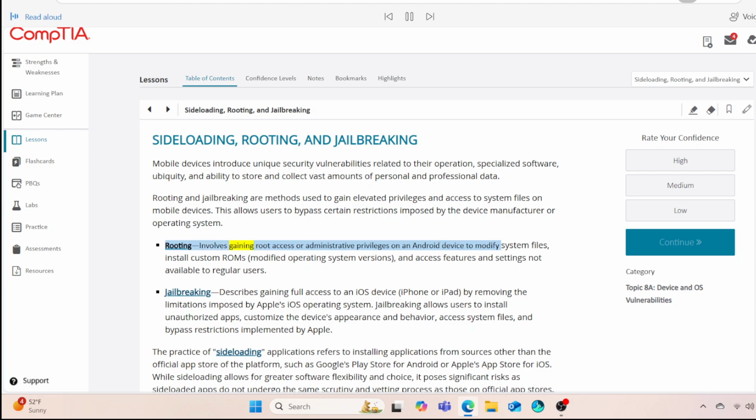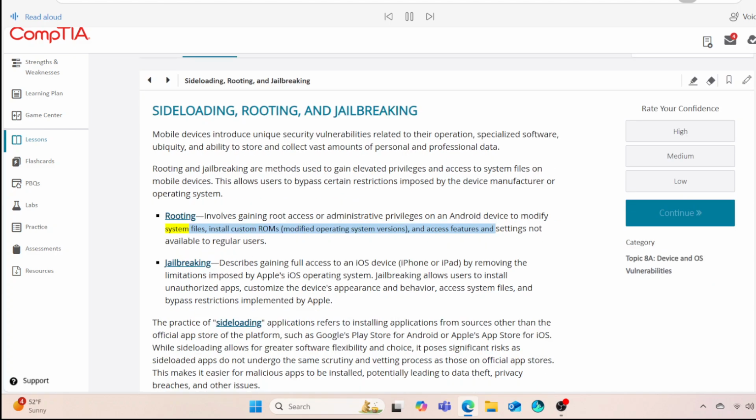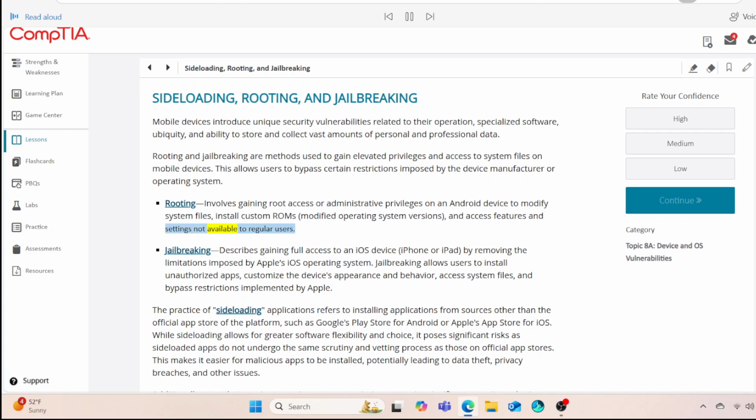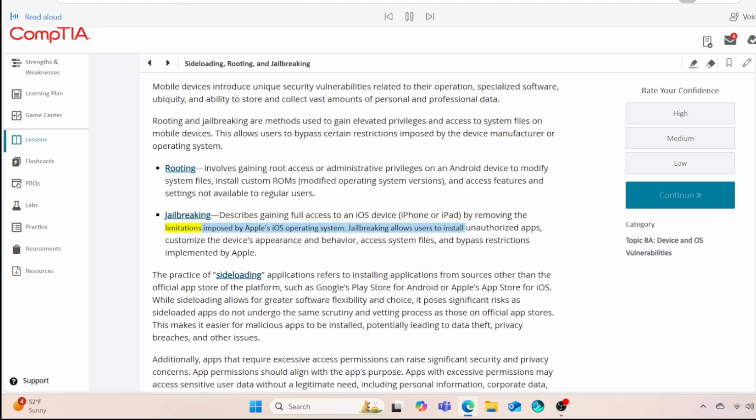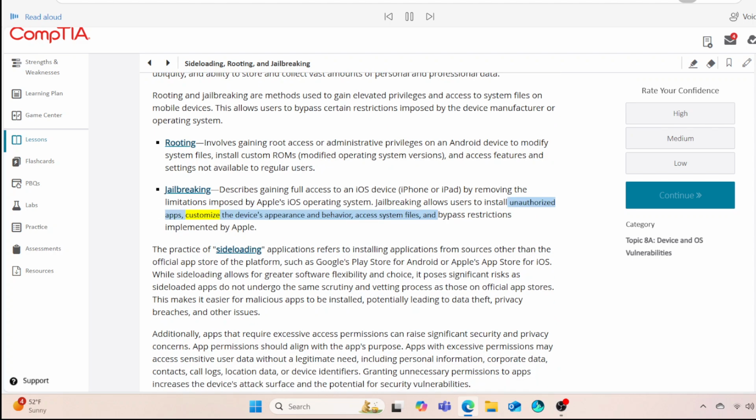Rooting involves gaining root access or administrative privileges on an Android device to modify system files, install custom ROMs, modified operating system versions, and access features and settings not available to regular users. Jailbreaking describes gaining full access to an iOS device, iPhone or iPad, by removing the limitations imposed by Apple's iOS operating system. Jailbreaking allows users to install unauthorized apps, customize the device's appearance and behavior, access system files, and bypass